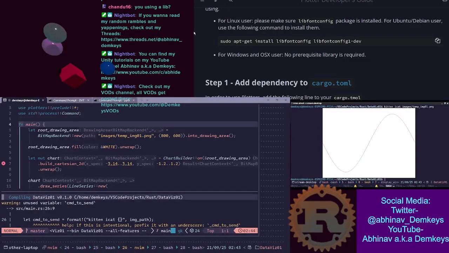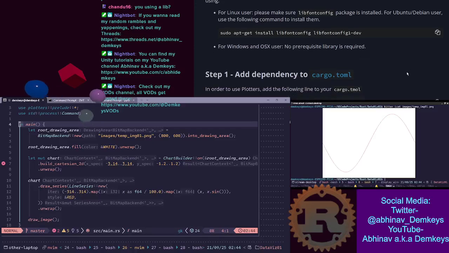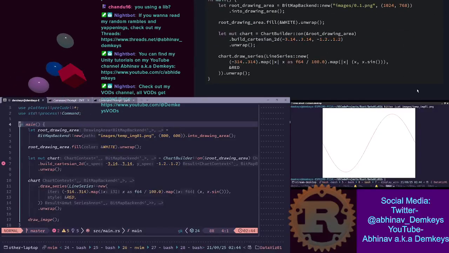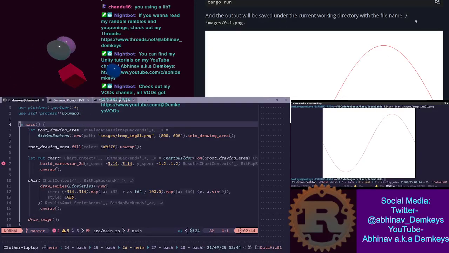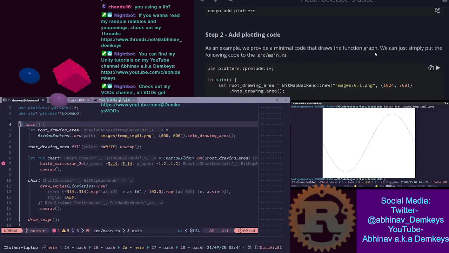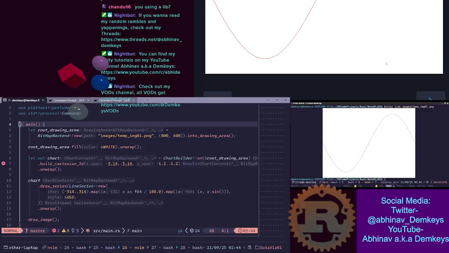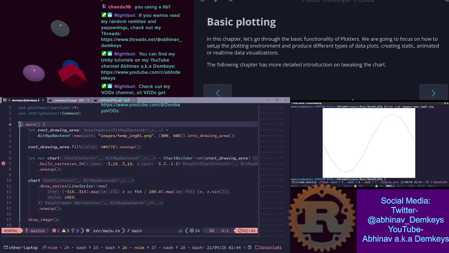Okay, cool. Great. So let's carry on with Plotters. So it's not explaining the code here. So I guess we can just move on to the next chapter, and it's probably going to start explaining it